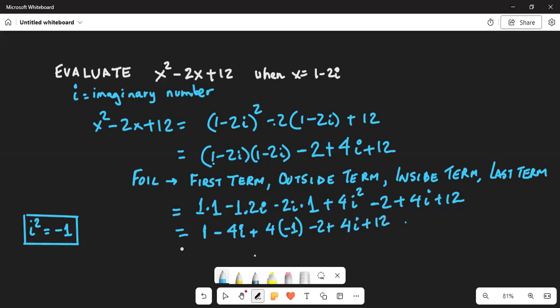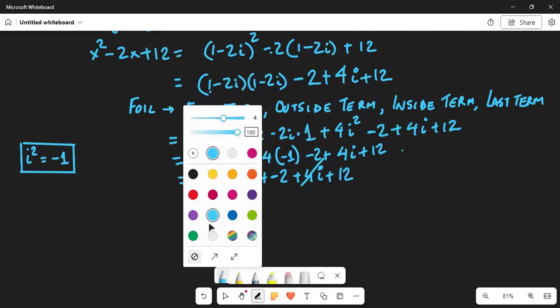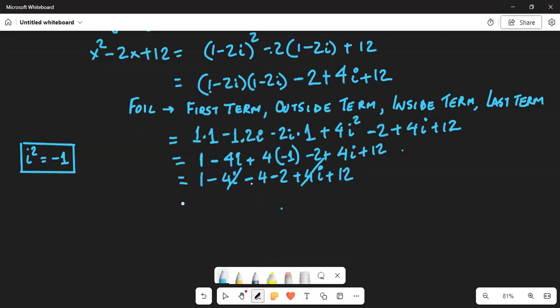Okay. So what do I have? 1 minus 4i plus 4 times minus 1, plus with a minus is minus 4. Then minus 2 plus 4i plus 12. Now plus 4i cancels with minus 4i. So what am I left with now? I'm left with 1 minus 4